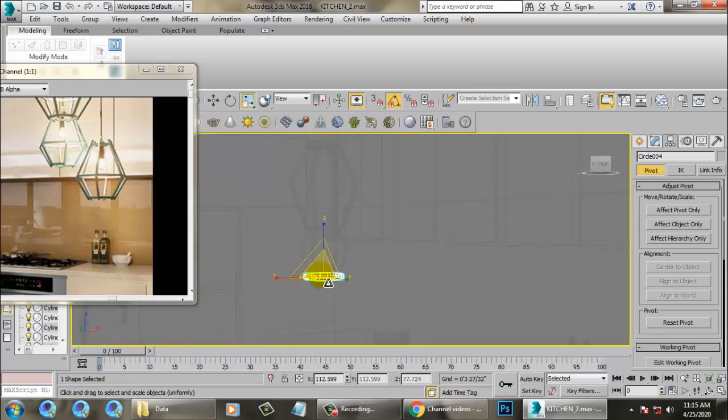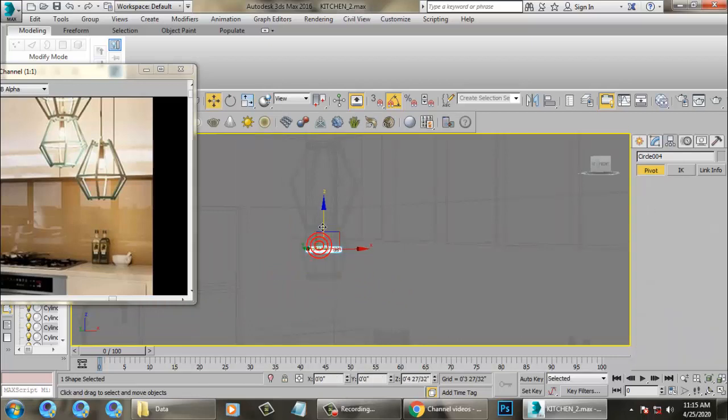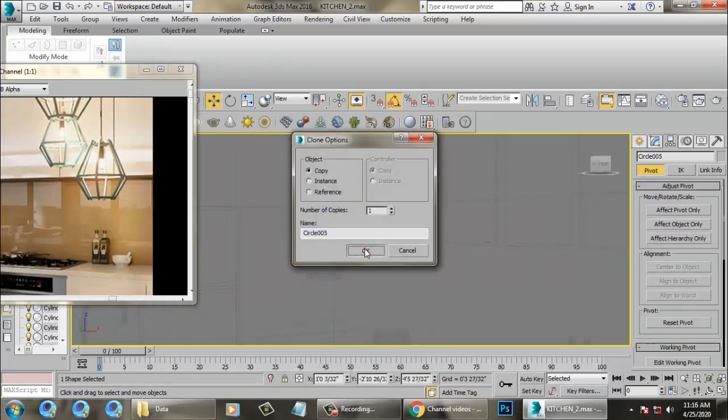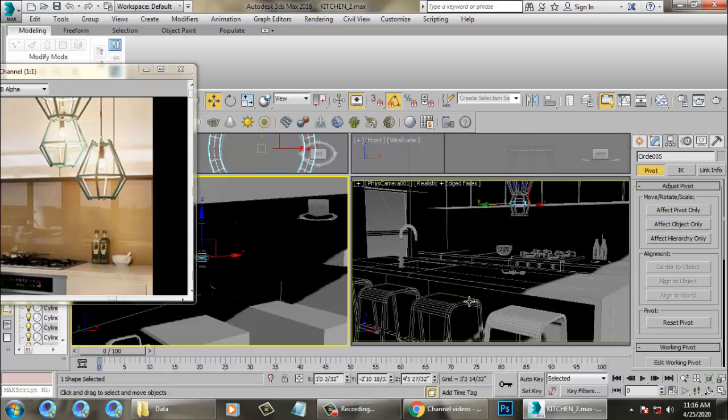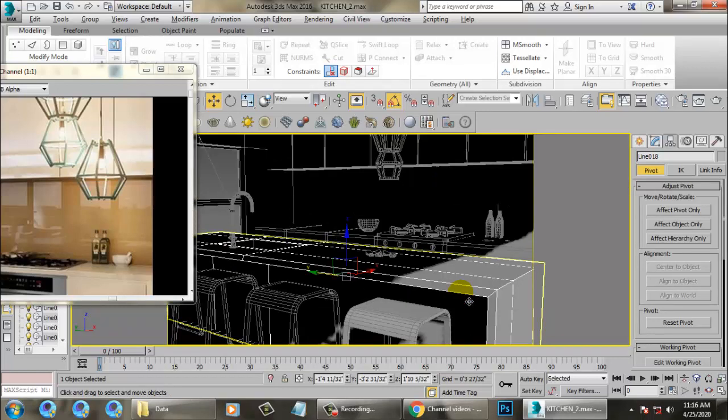Scale this over here and increase its size. R and scale it. Save your file over here.